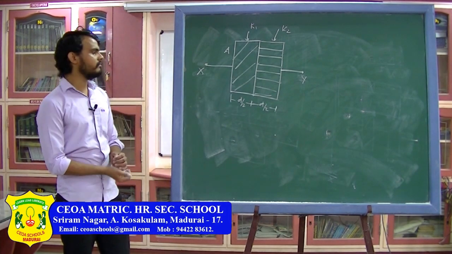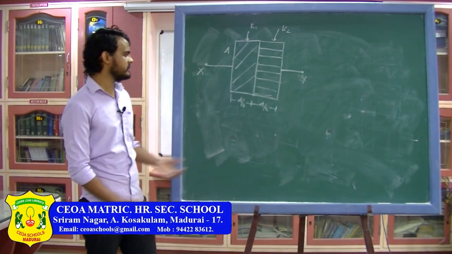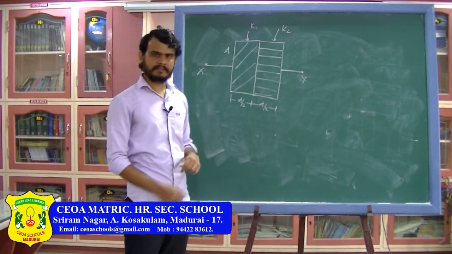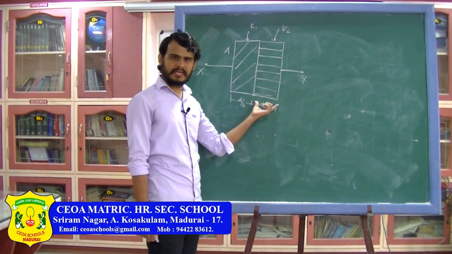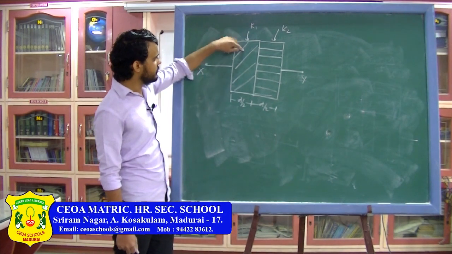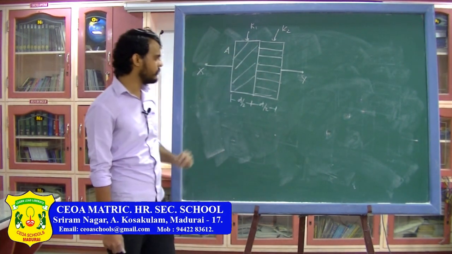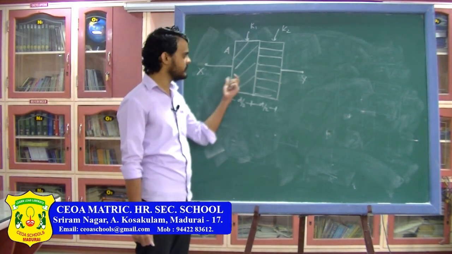Now we will do one problem based on what we have learned just now. Here you have to find the equivalent capacitance. Here you have not inserted one slab, you have inserted two slabs. Now the thickness of this slab is d by 2 and the thickness of this slab is also d by 2, and the relative permittivity of this one is K1 and of this one is K2, and you have to find the capacitance of this capacitor.